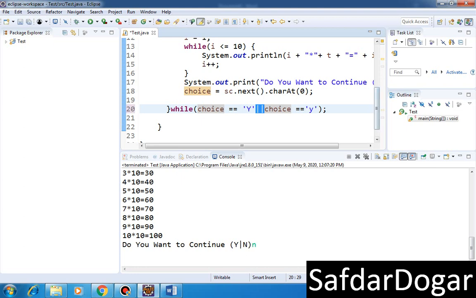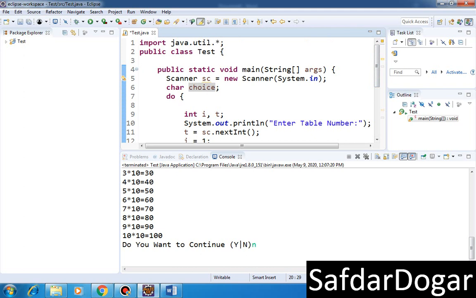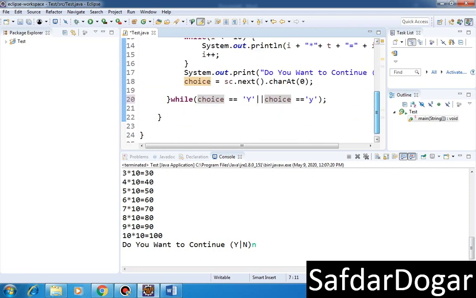If the condition is true, the loop repeats here, and the code runs again and again. Else the user enters another key, presses any other key, else y, small y or capital Y. Bye. Okay, let's